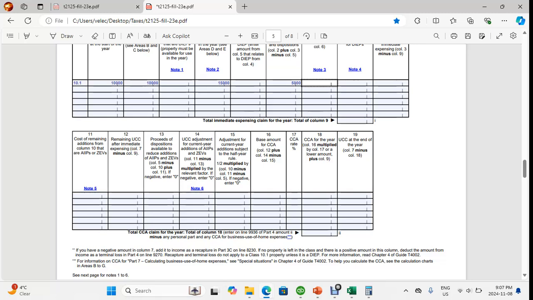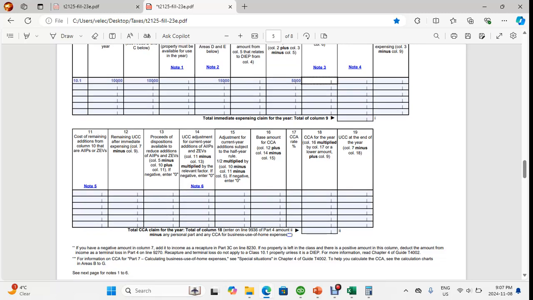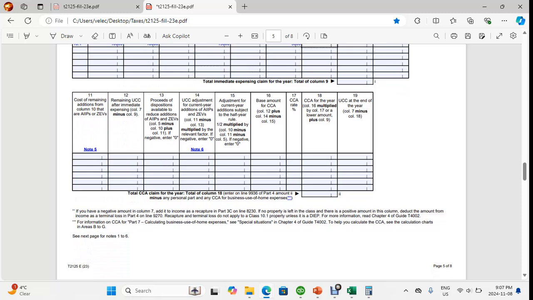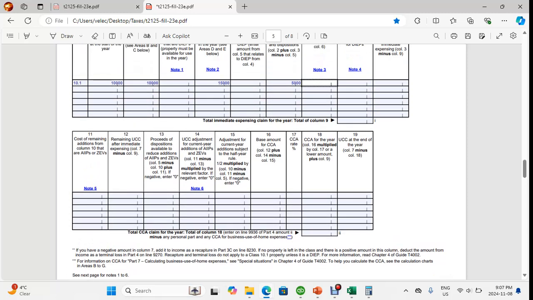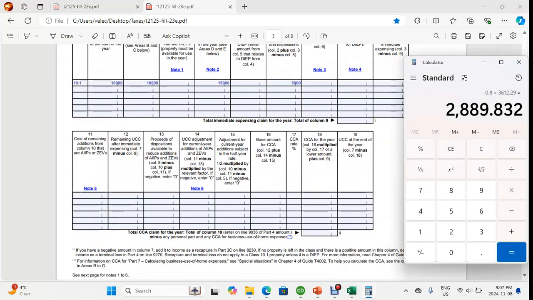So for part 2, under column 11, this has to do with ZEVs, AIIPs, and so on and so forth. So your total CCA claim will be 80%, which is your allowable portion of your motor vehicle CCA. If your CCA was 15,000, say for example,